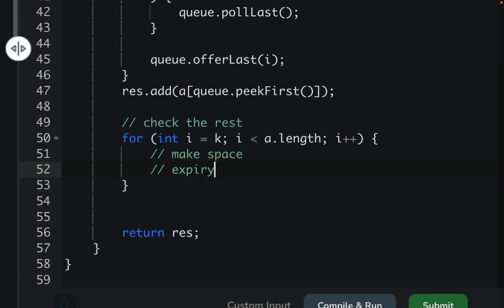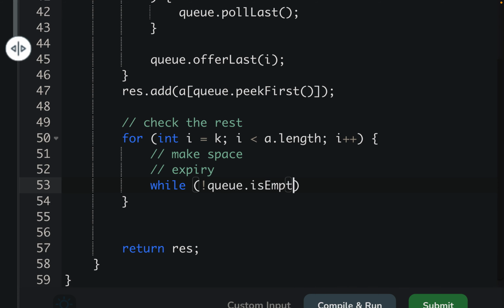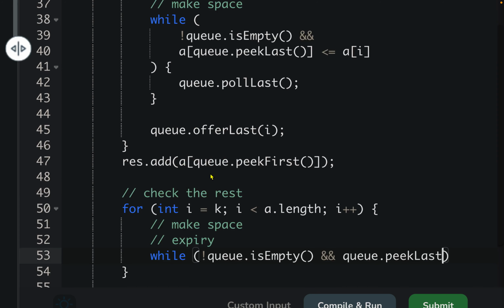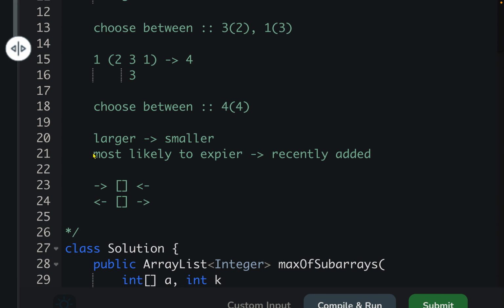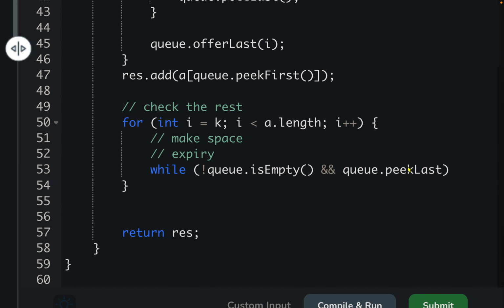No matter, you can check any of the items first. I'm choosing expiry first. That's the only thing. While my queue should not be empty first of all, and I wanted to check that queue dot peek last. Again, why last? Okay, most likely to expire is on front. Sorry, my bad. Peek first,